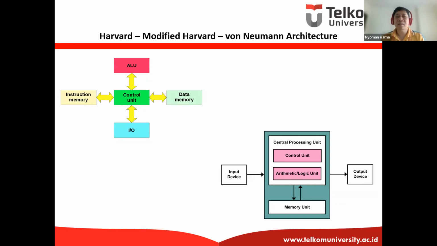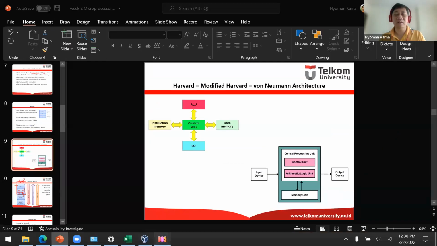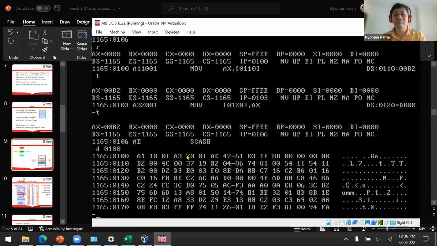That means the memory will store data and also program. We use the same place of memory to store data and also to store program. This is what happened when we had trouble previously. When I put the program move AX, 0110,